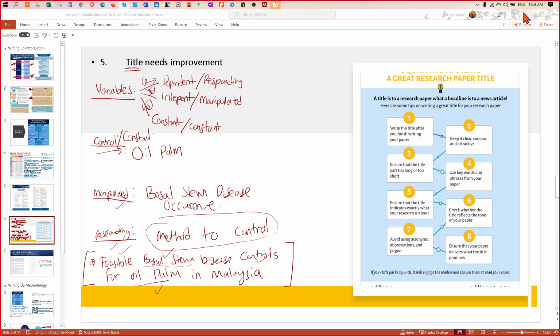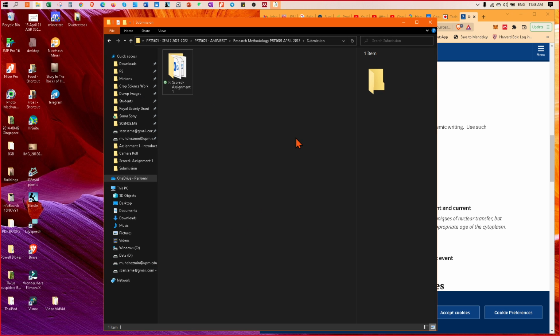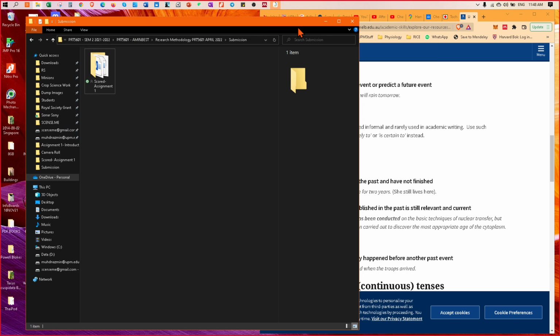That's why please drop your assignment in this folder, so I can mark it right away. Put your name, put the title of it, and then the name of the assignment. Then we're good to go. Doctor, for the new submission, do we just submit in the same folder, or will we create a new folder? Just drop and put everything outside here.